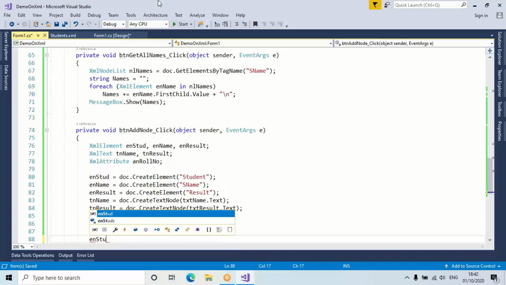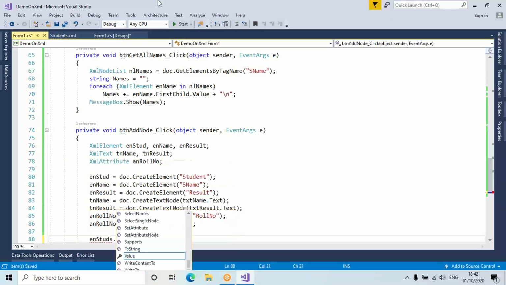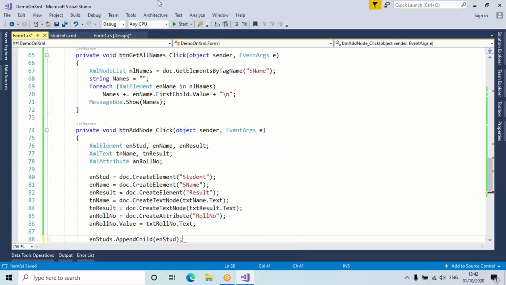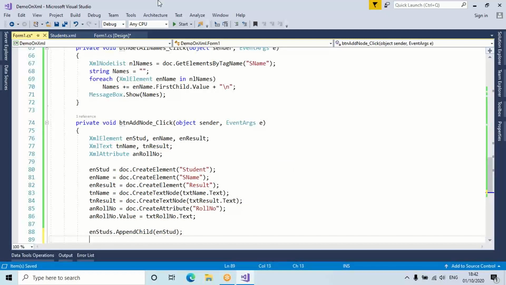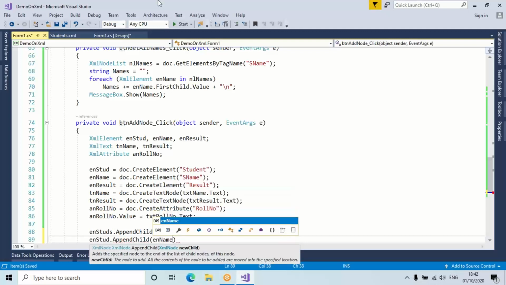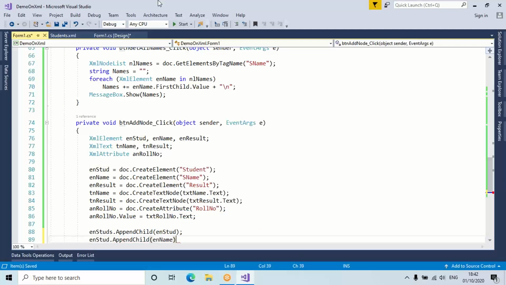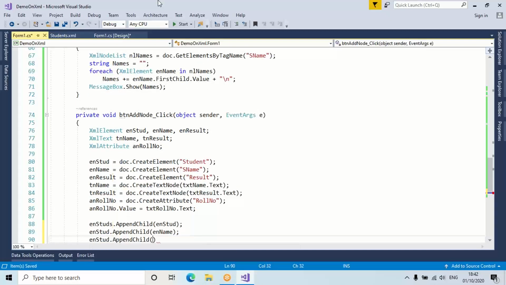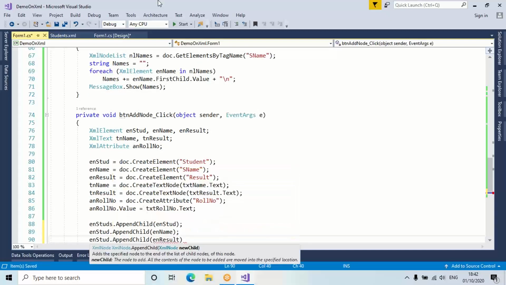So first link: students dot append child en student. First connection is made. Now under student, name and result we have. So en student dot append child en name, then en student dot append child en result,